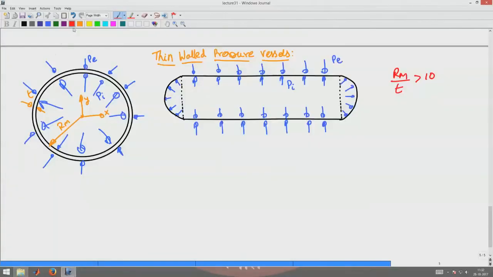So, what I do is I cut here like this and like this, which will be a cut made in the cylinder like this. This is the cut I am making in the cylinder. Once I cut that, what will I get? I will have the hoop stresses, which are the circumferential stresses, exposed. So, the free body diagram will be